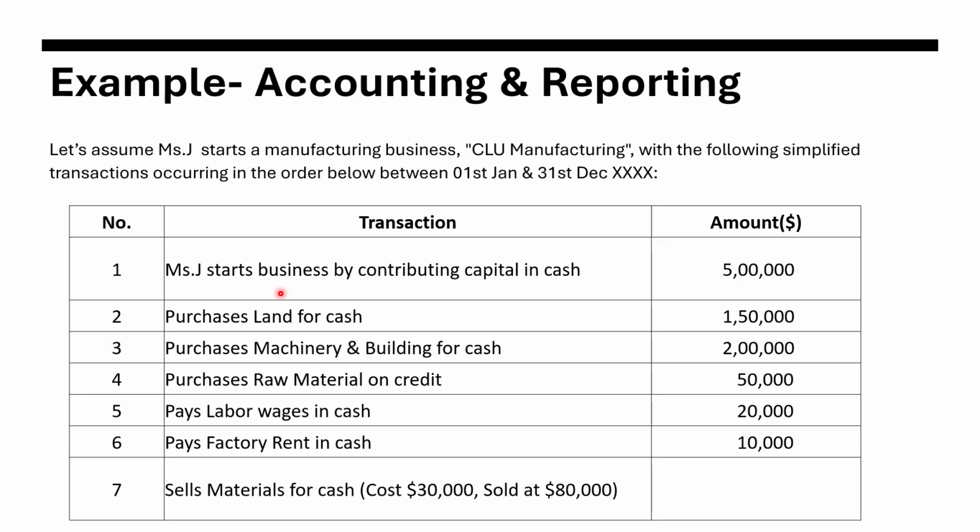So here, Ms. J starts business by contributing capital in cash for 5 lakhs. Then Clue Manufacturing, which is the business started by J, purchases land for cash. So every accounting is done from the perspective of Clue Manufacturing. Then Clue Manufacturing purchases machinery and buildings for cash for 2 lakhs. Then purchases raw materials on credit for 50,000, pays labor wages for 20,000, pays factory rent for 10,000,